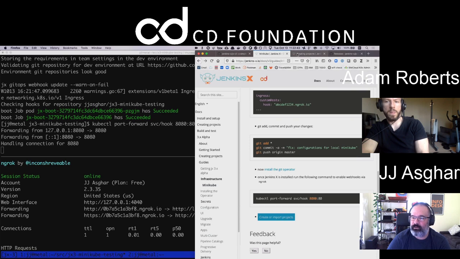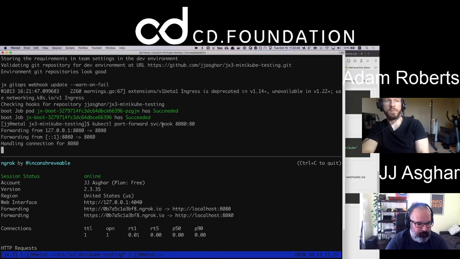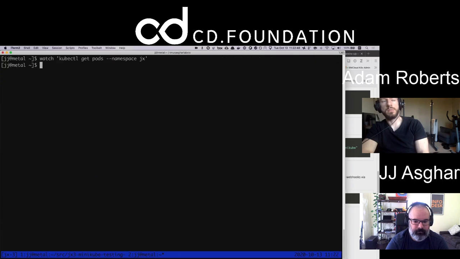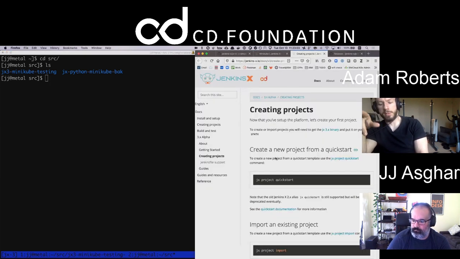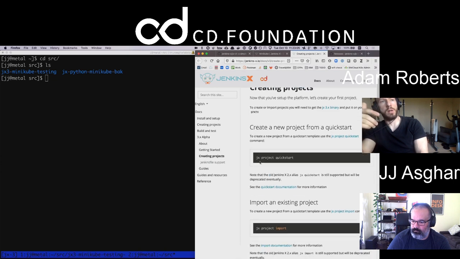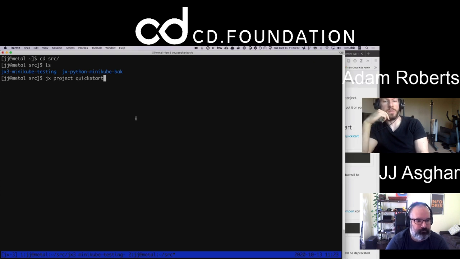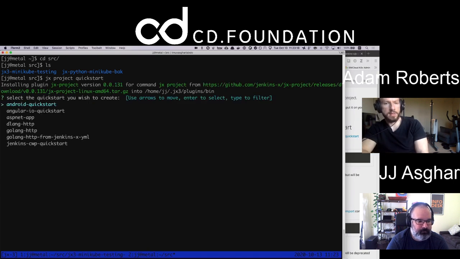I'm not sure, because we haven't actually created the project yet, right? When you create the project, I think that would create the webhook. So here's the really interesting part. This is where you're actually going to do the jx project quickstart, and then hopefully it gets past the git auth bit and we can do some really cool things. My idea is that we basically just do a jx help or create help, look at all the commands, see which ones look interesting, and run them. So I'll go ahead and run a quickstart in this directory. And then make a little Python project, I think.